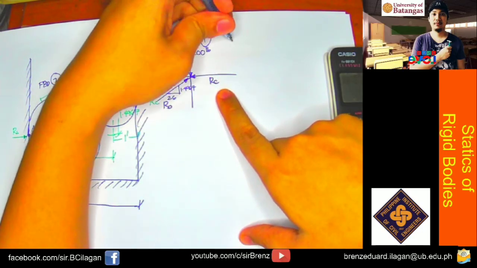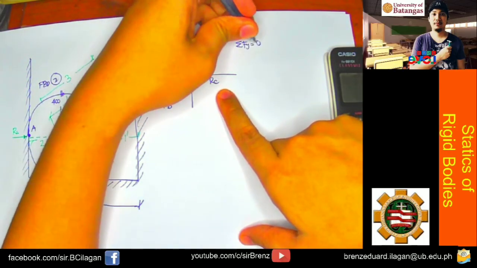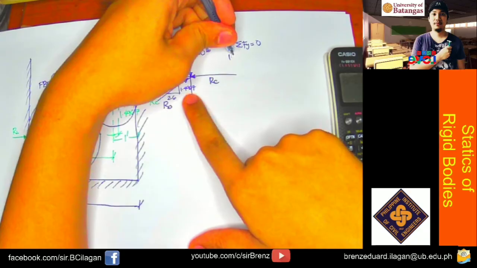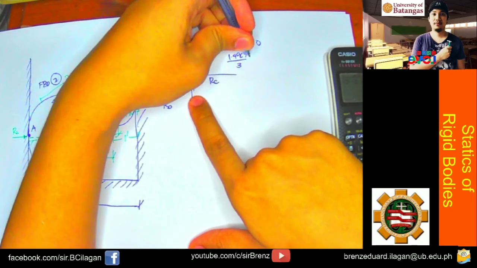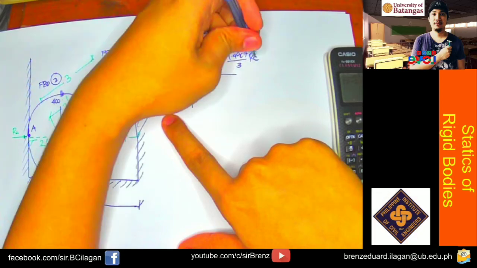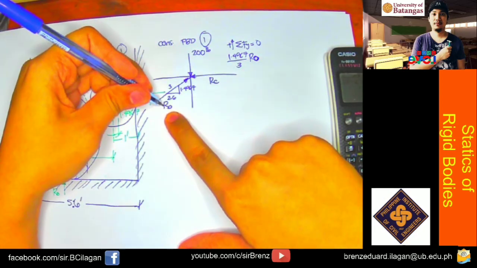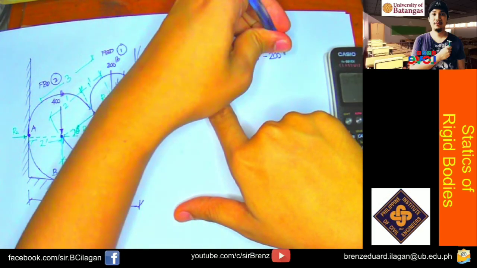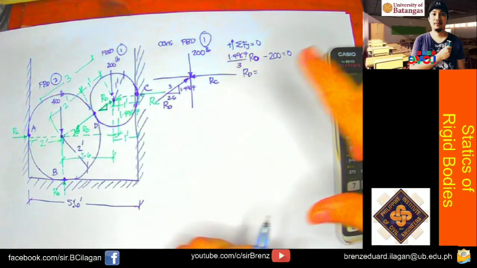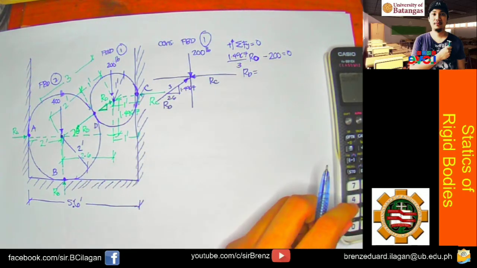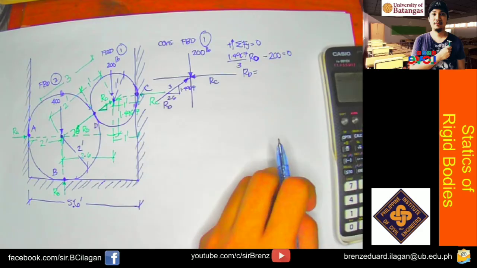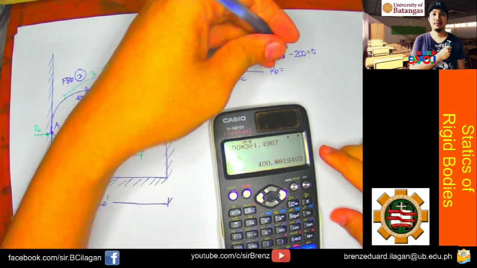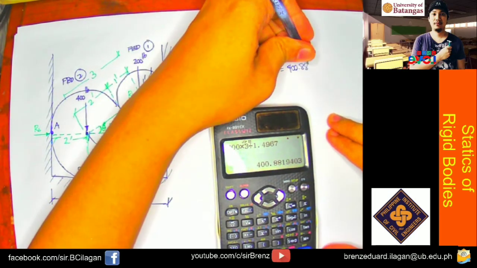So, ang equation natin will be summation of forces ng Y, assuming upward direction is positive, equals 0. So, di ba ito yung merong vertical? So, upward, 1.4967 over 3 times RD. Sorry, this is RD. Ito pala. So, RD, and then minus 200 is equals to 0. So, we have the value of RD, which is equals to 200 times 3 divided by 1.4967, or that is equivalent to 400.8819